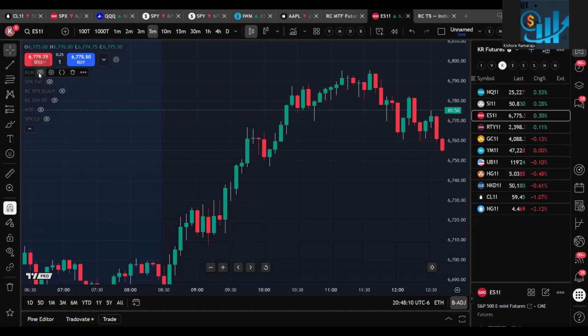Yeah, that's it everyone. So RLM, if you want to do multiple trades a day, you watch the cloud's color, you take the trades. Tag and turn. So RLM is for 5 minutes. SPX scalp is for 5 minutes. SPX day trading is for 5 minutes. SPX credit spread indicator is for 5 minutes time frame. Only tag and turn is for 30 minutes time frame,